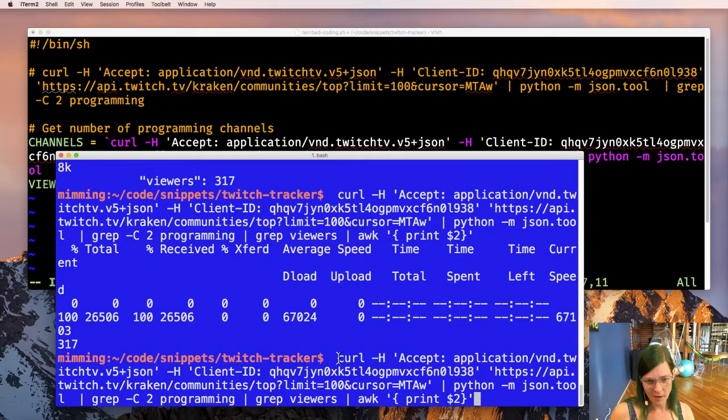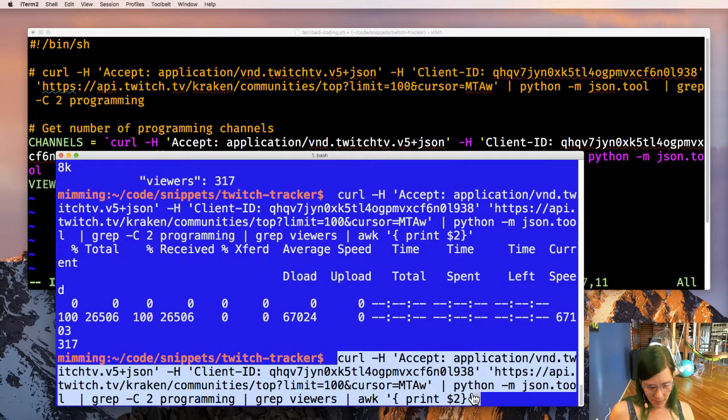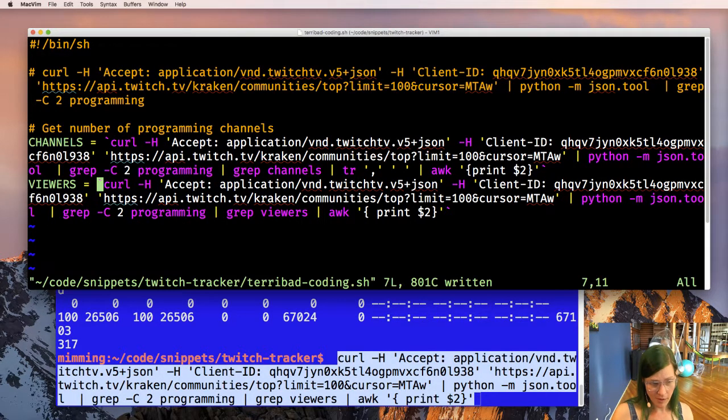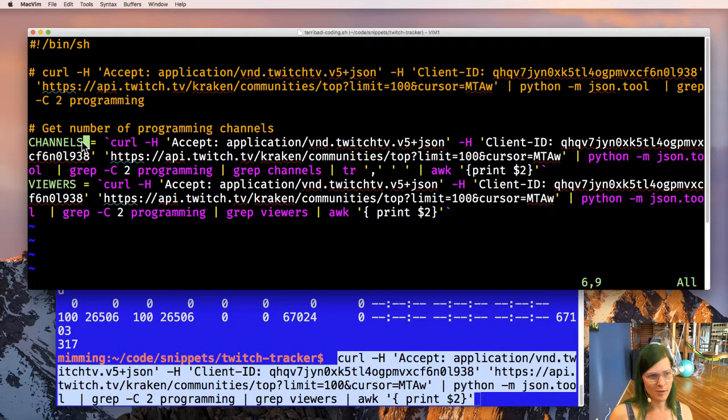Okay. So there we have our viewers. But of course we want to backtick this. I have one of them fancy keyboards that doesn't really have a tilde, and I'm still getting used to using the function modifier on a real keyboard. Okay, so channels and viewers.